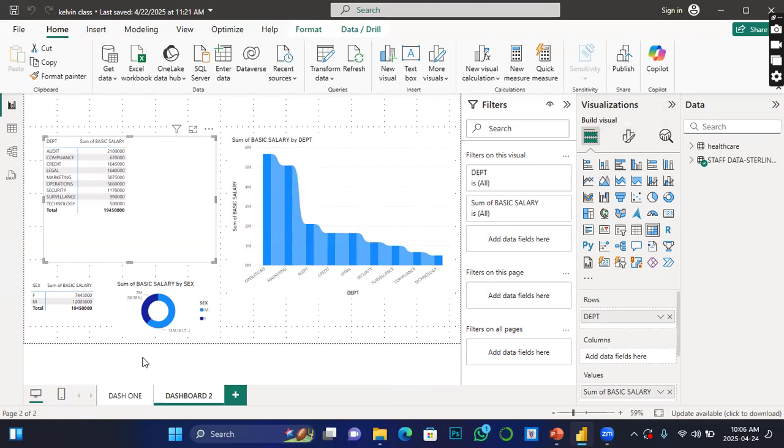Click on format visual. So the moment you click on format visual,